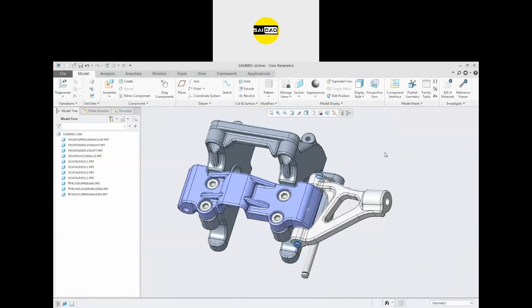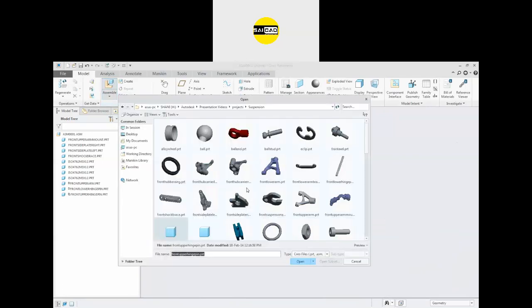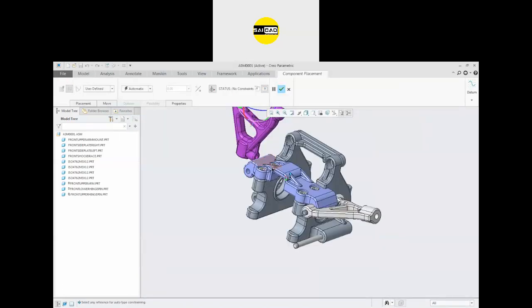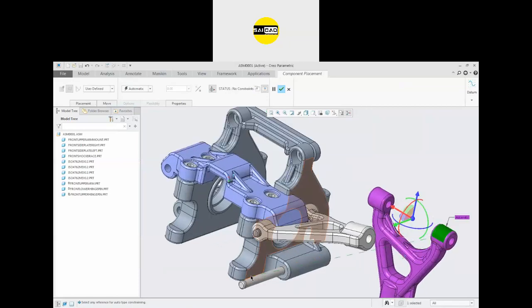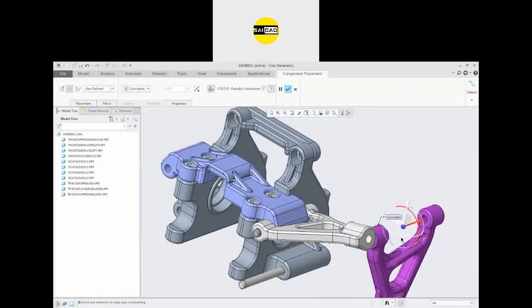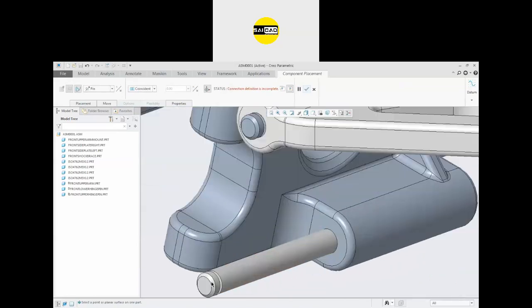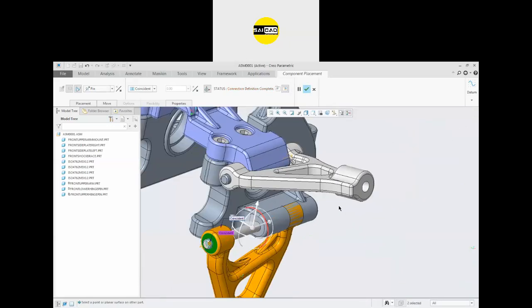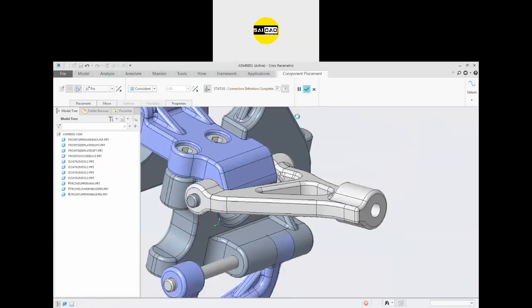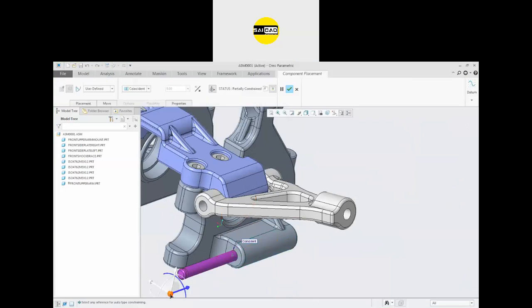So this is the pin here. Like that you can create, you can assemble everything inside the assembly. Select the part, import the part, assemble the part like that. You have to apply pin relation and you have to apply this pin should be specified.